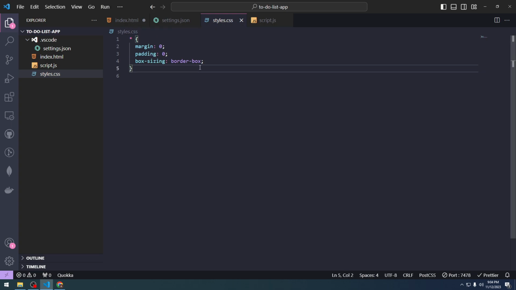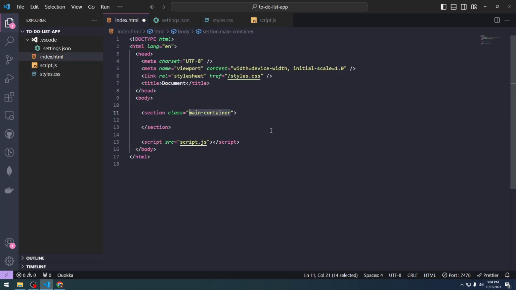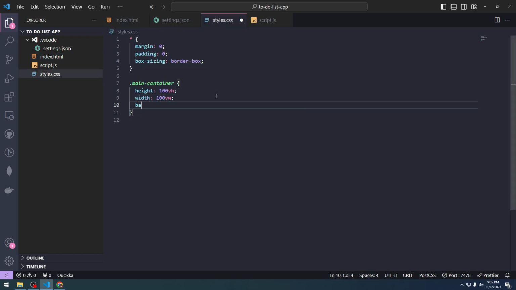So firstly we have to reset them, and then we target our main container, and let's go for height 100 vh, which is the viewport height, and let's do 100 vw, viewport width. Let's save them and give them a background color of